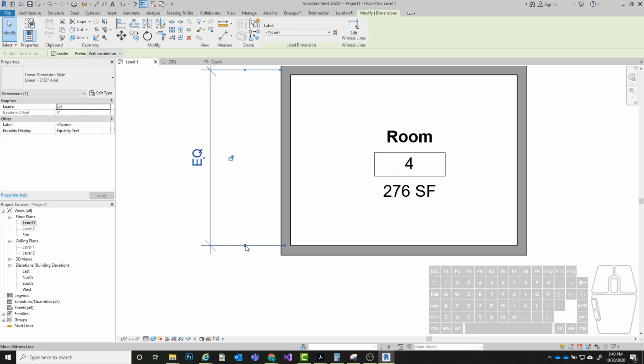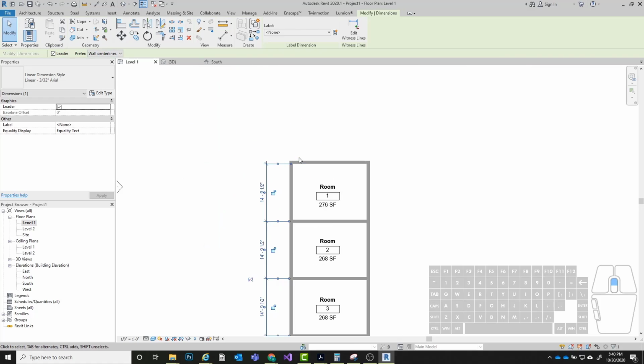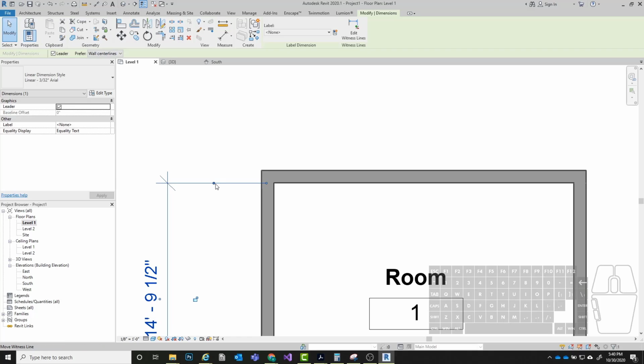If I click on that little dot and I drag, so I'm just holding and dragging now. If I drag over here to my wall and I hover over the midpoint of that wall and release, it's going to update the location of the endpoint of that dimension to the middle of that wall now. I can go up here to the top and I can do the same thing. So I can click and hold and drag, hover over the midpoint of this wall here and release, and now